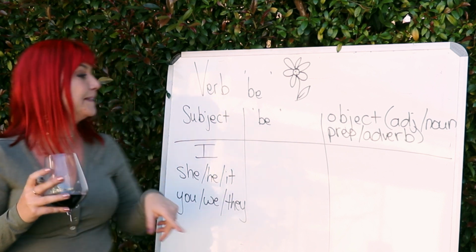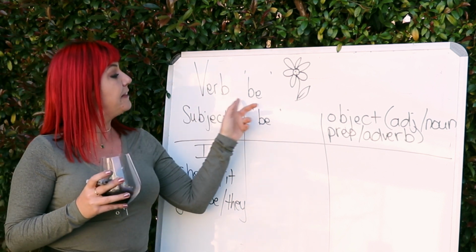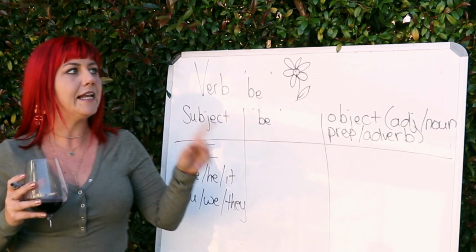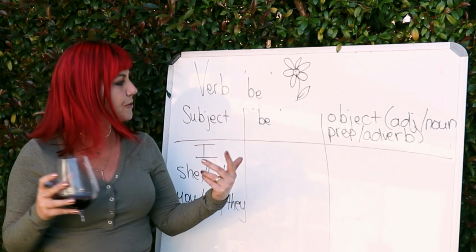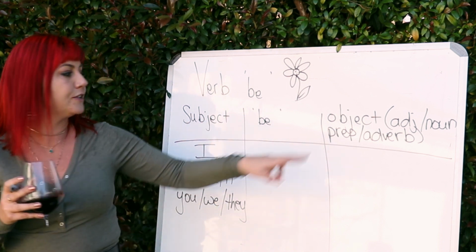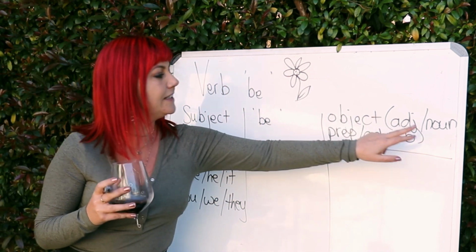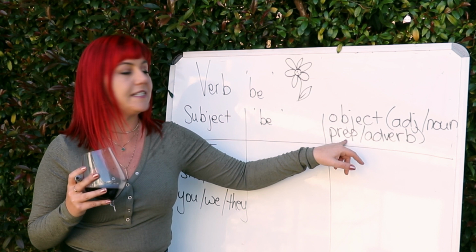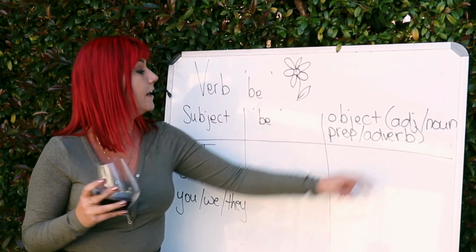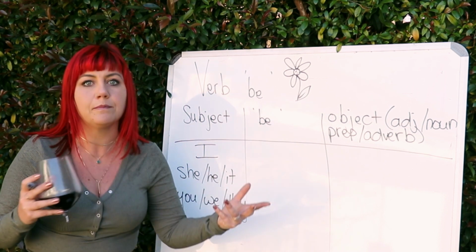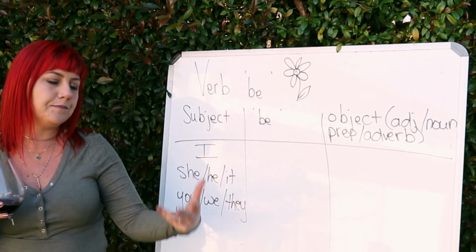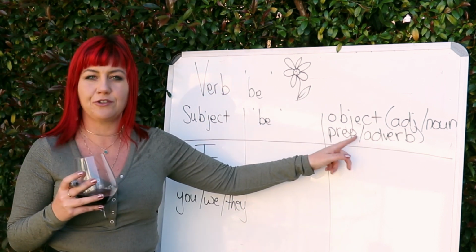We'll make it happen. Okay, so we're going to be looking at the verb be today. So let's think about our last episode, which was parts of speech. I spoke to you about adjectives, nouns, prepositions, and adverbs, okay? So we've used the verb be. It is a verb. It's not a main verb. It basically gives more information to this thing.